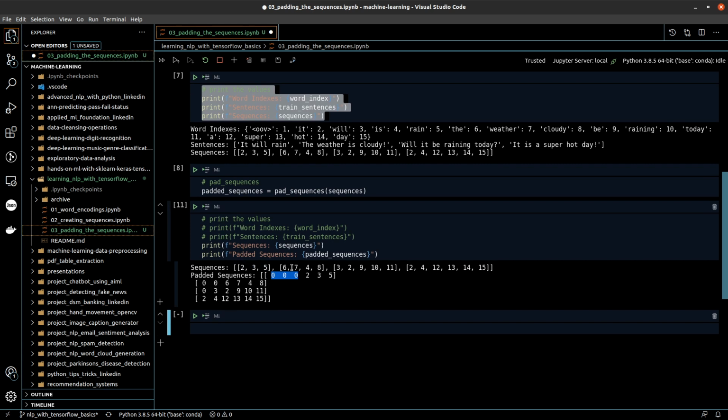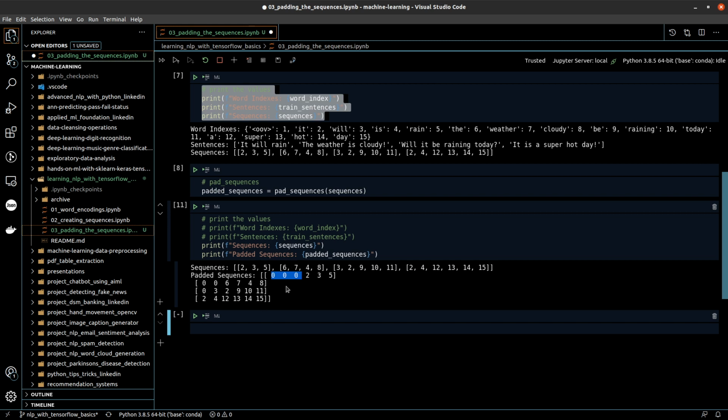Because the maximum length of the sequence is 6, the last sequence is of length 6, so it has converted each of the sequences into sequences of length 6, and wherever the sequence was smaller, it has padded that sequence with values at the front of the sequence, or prefixed.